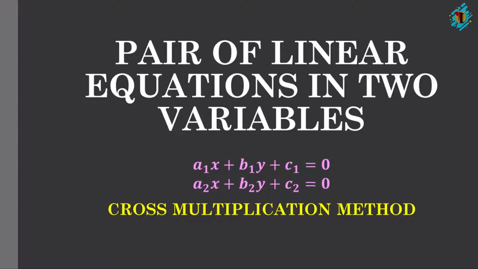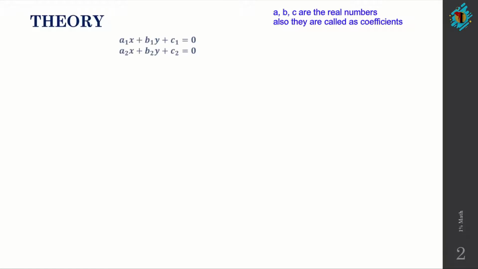In that we will remember this method by a short form. We call it the a b c a b method. So this represents the coefficients of x, y and the constant c. So let us start. First the theory. Let me write the same linear equations as they are. I'm going to use the standard form of linear equations for explaining the cross multiplication method.